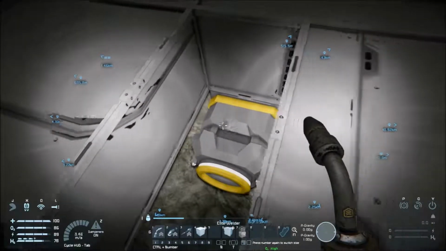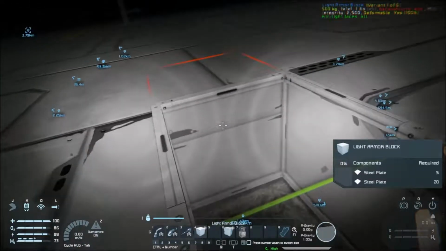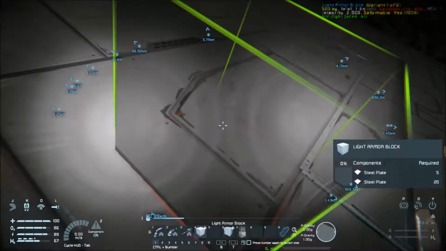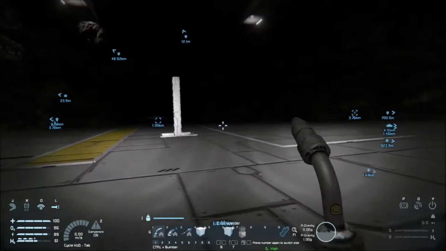What do we do here is probably something like this, and then we'll change the color for that one. So we'll just know where it is. Alright, so